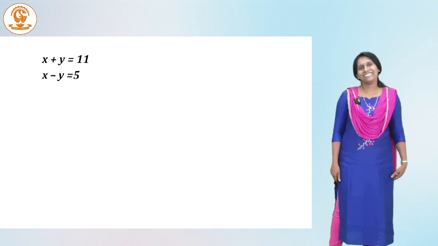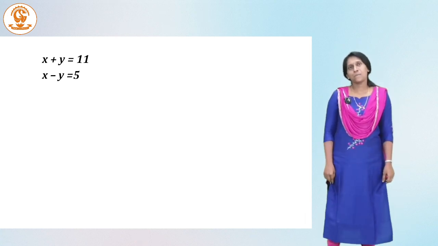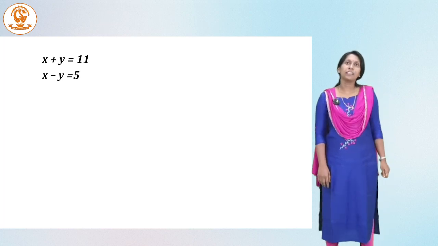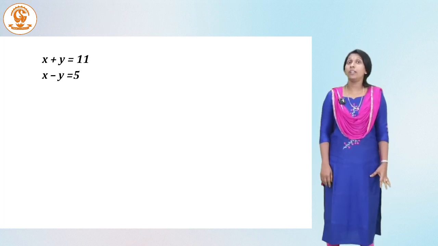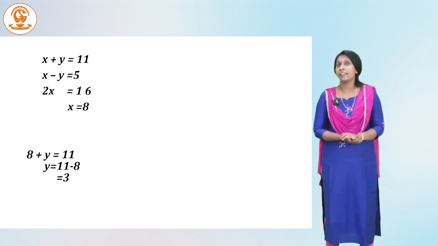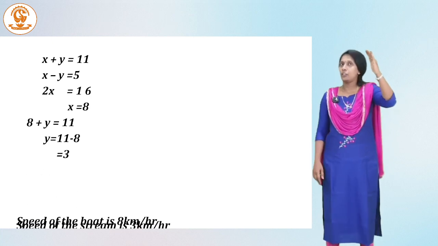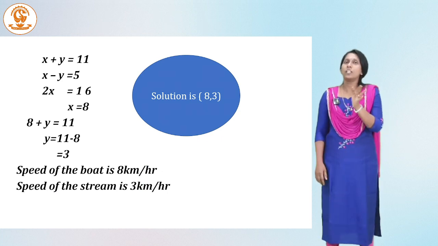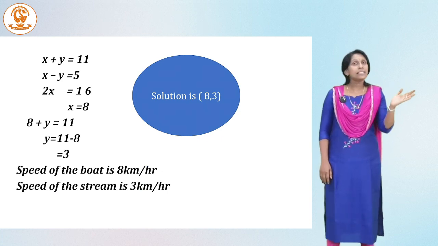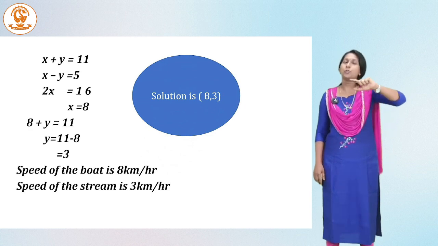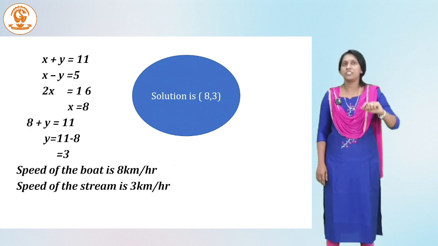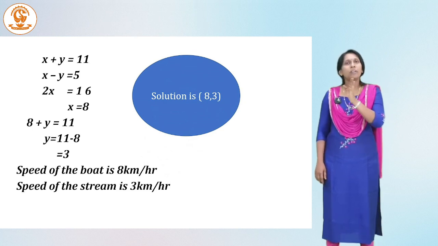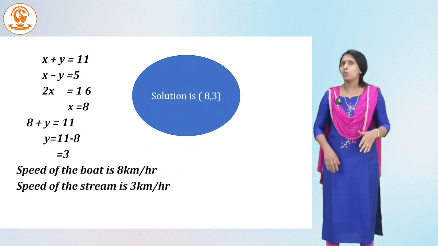Found it, teacher. Y is 3. Okay, y is equal to 3, then x is equal to 8. x is equal to 8 and y is equal to 3. So let's see whether that answer is correct or not. When you add those two equations, the y variable will get eliminated and 2x is equal to 16. That means x is equal to 8. And when you substitute x is equal to 8 in the first equation, 8 plus y becomes 11. That is y is equal to 11 minus 8, that becomes 3.